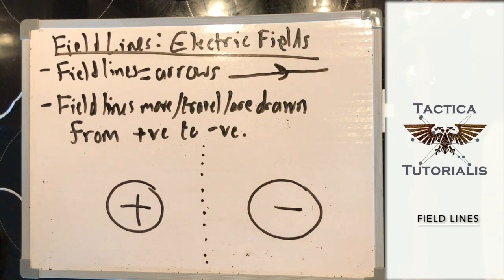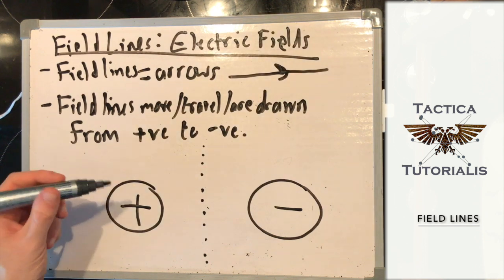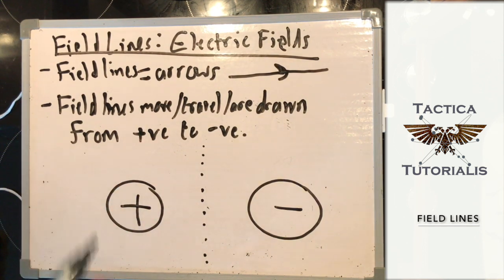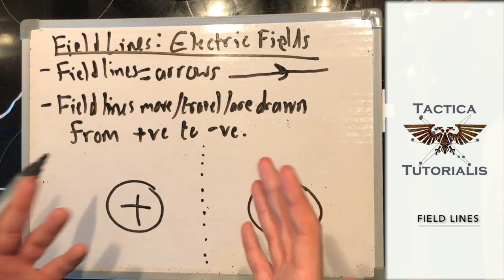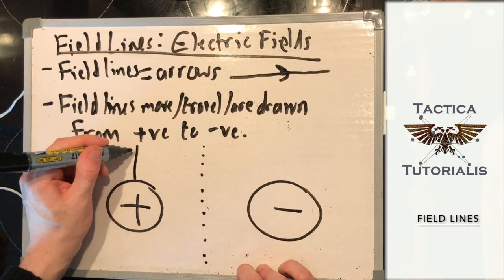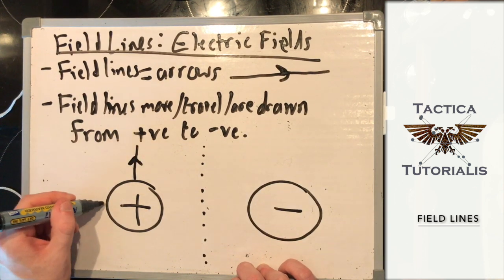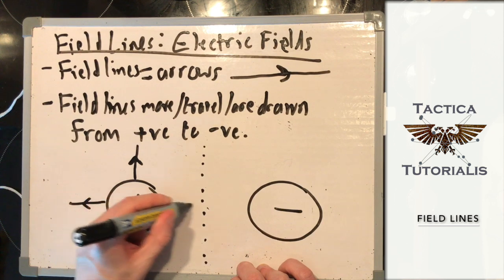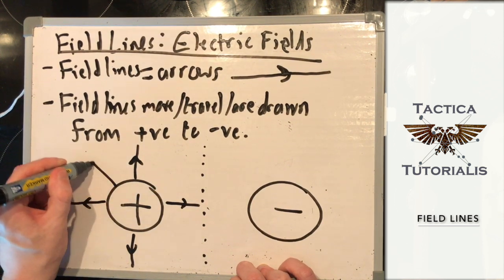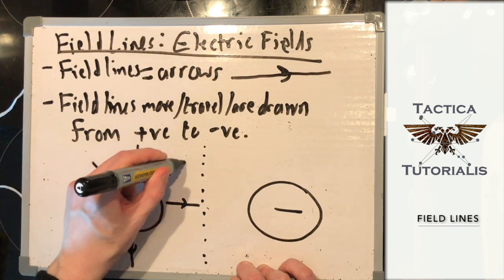It's a little bit hard to show on an individual charge, but if you think about it like it was a point charge, then you would treat it as though all the electric field was coming out of that point. So you would draw it via a series of arrows like so. Now this is what's also known, and you'll see this with gravitational fields as well, whether I do it, which I will,